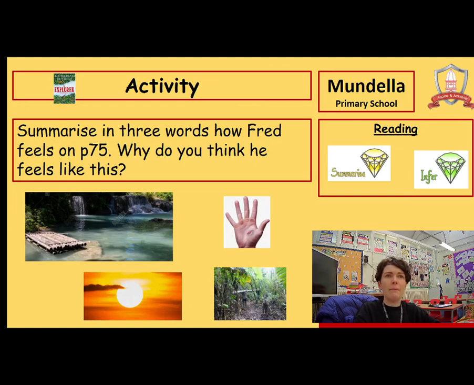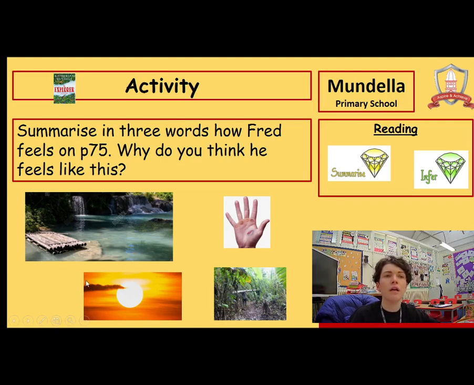Okay, looking at page 75 in the text, this is the part where, of course, Fred is very busy building the raft. I want you, please, to try and summarise in 3 words how you think Fred feels on this page, and why do you think he feels like this. Now, in order to do this task, I've put up some key pictures to help you, because obviously he's building